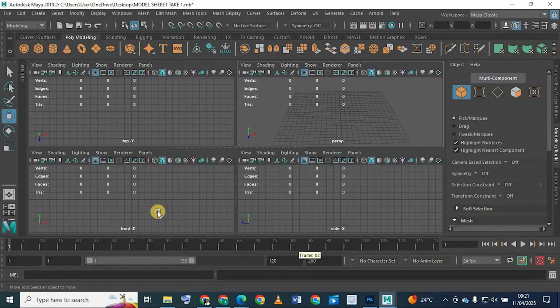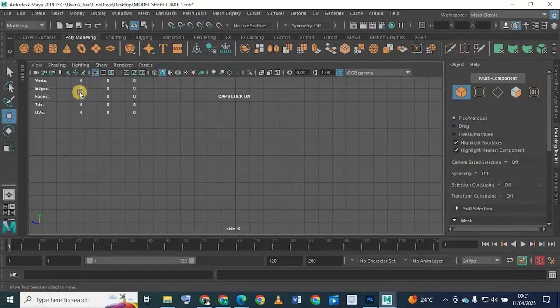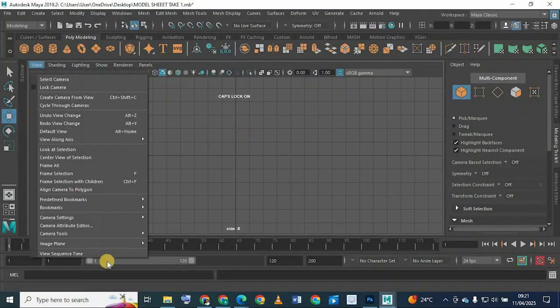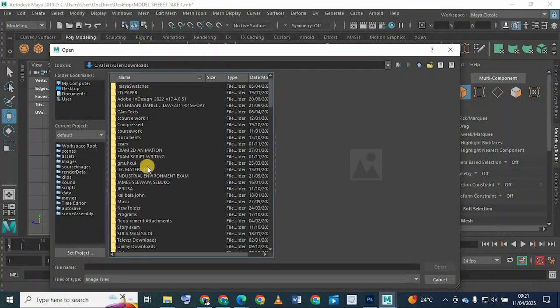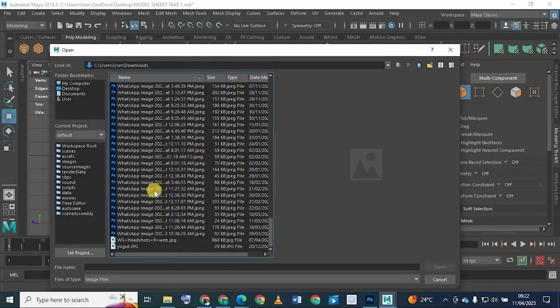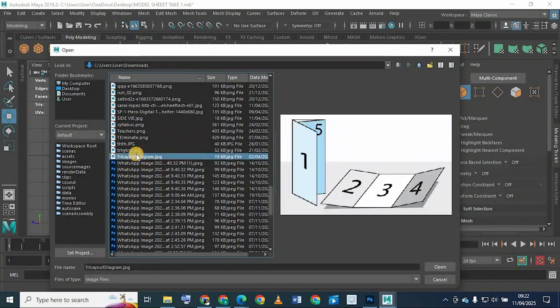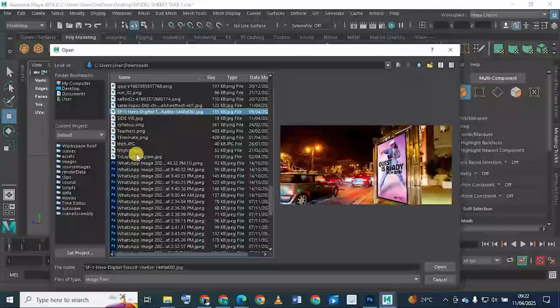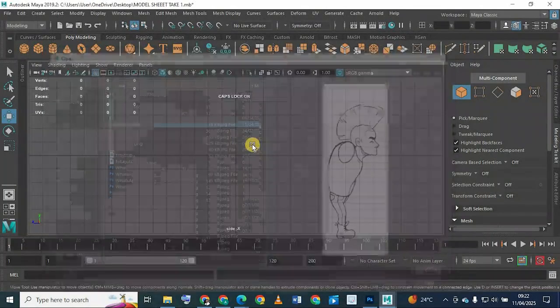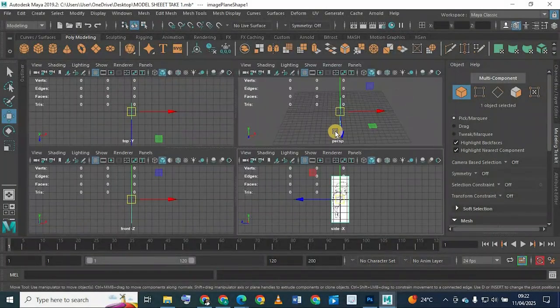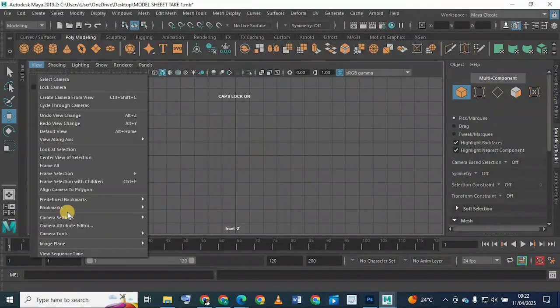Don't forget that. So I'll first import any of them. I can import the side view first. So go to the side view here and say view, image plane, import image. So I'll go to where my images are in the downloads and look for them. This is my side view. I believe I'm in the side view. Open. So to open an image file like that,